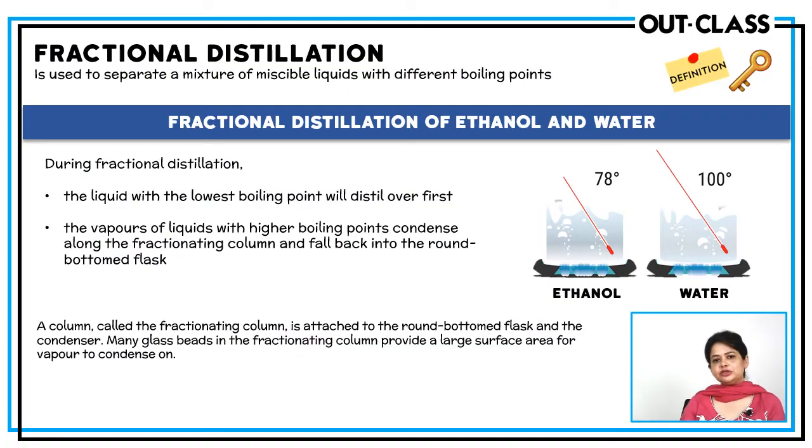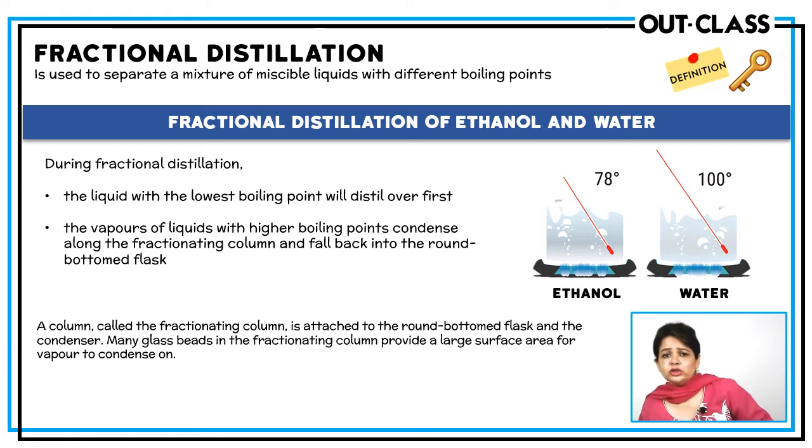Another technique to separate a mixture of liquids is fractional distillation. This method is used when you have a mixture of miscible liquids, soluble liquids. Miscible liquids cannot be separated by a separating funnel because they won't separate in the funnel. So for such liquids which are completely soluble into one another, we use fractional distillation.